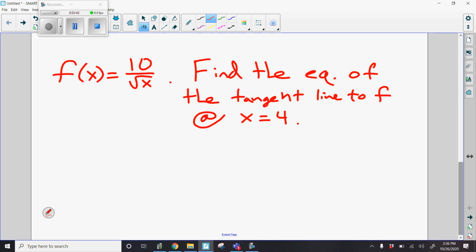So here's an example problem. I'm telling you f of x equals 10 over root x, and I want you to find the equation of the tangent line to f at x equals 4. Right? So if we took a graph of this, 10 over root x, it's a curve. And at x equals 4, there's a tangent line. Okay, so let me just show you on Desmos here